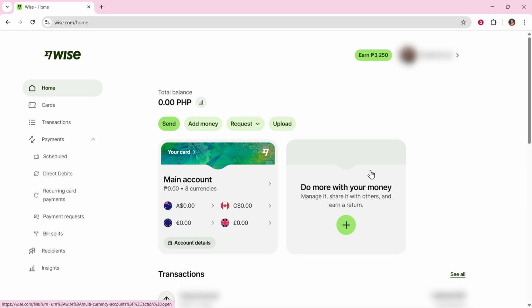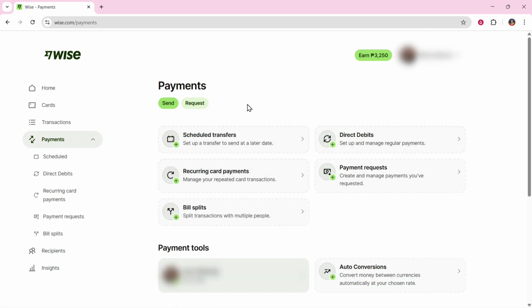So, first, go ahead and log into your Wise account. Now, from the dashboard, head over into the Payments tab. On the Payments tab, you'll be able to find scheduled transfers, recurring card payments, bill splits, payment requests, direct debits. Since what you want to do is send an invoice to that specific individual, simply select